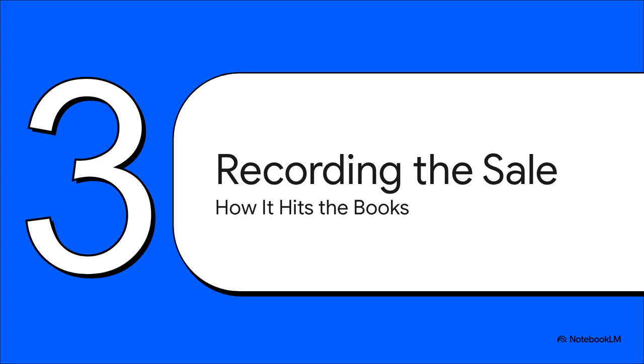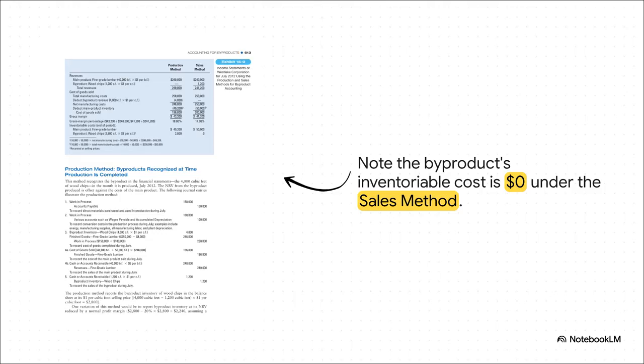Let's check it out. Okay, this right here is your aha moment. Just look at the column for the sales method. See that line for the inventoriable cost of the byproduct, the wood chips? What's the number? It's a big fat 0. This shows our core rule perfectly. I mean, the company is physically holding all these wood chips, but on the balance sheet, their value is nothing. Not yet anyway. So until they're sold, these things have 0, and I mean 0 impact on the company's total